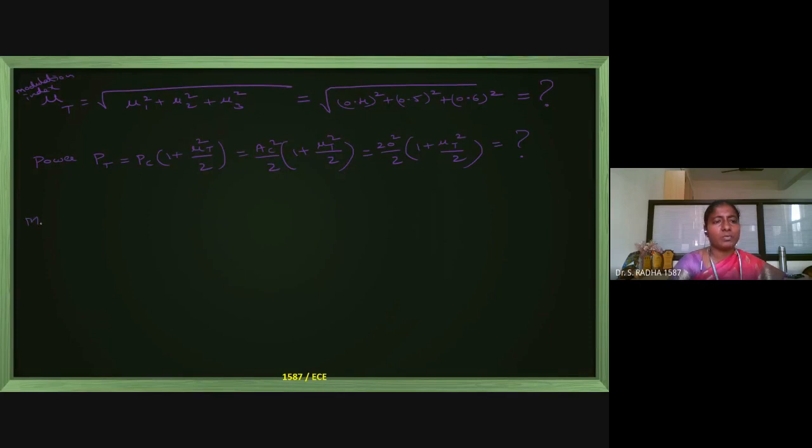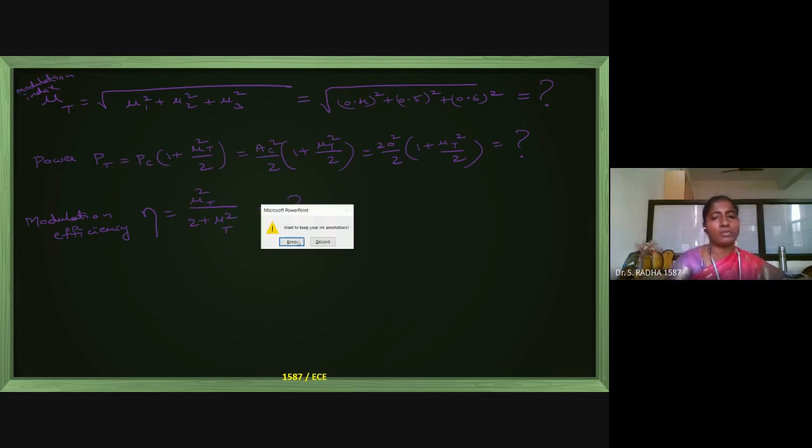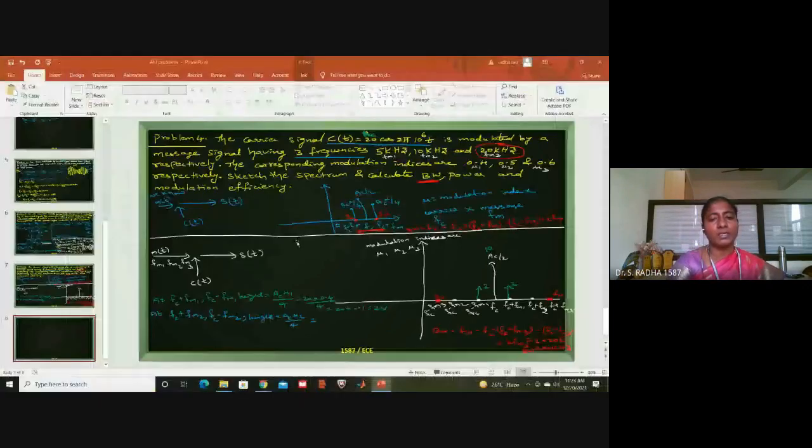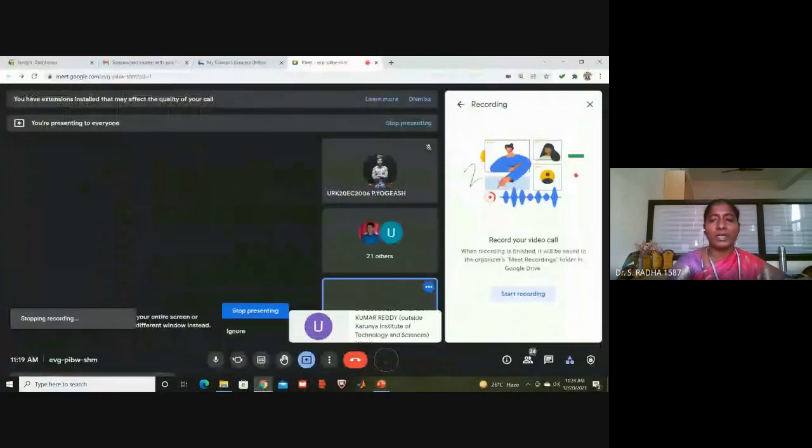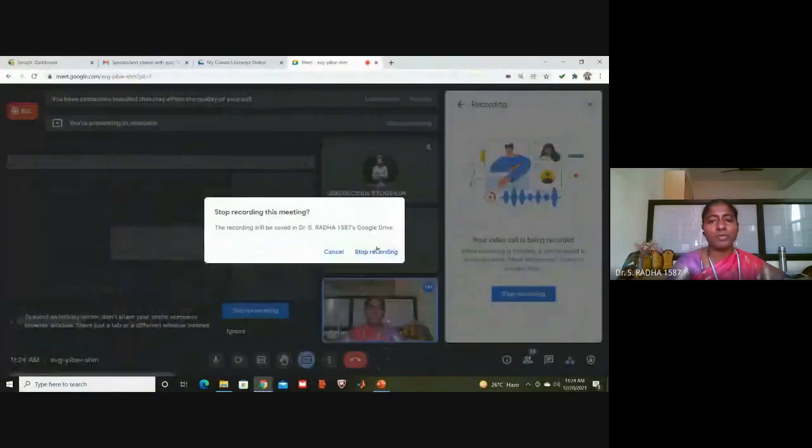Next, modulation efficiency. So we know the formula for modulation efficiency, eta, is mu square divided by 2 plus mu square. And now this mu will become the overall modulation index. So now you have to calculate and substitute the value from mu T. After calculation of mu T only, we can substitute and get the values. This I am giving as a rough idea. For internals, I think we will not ask so many